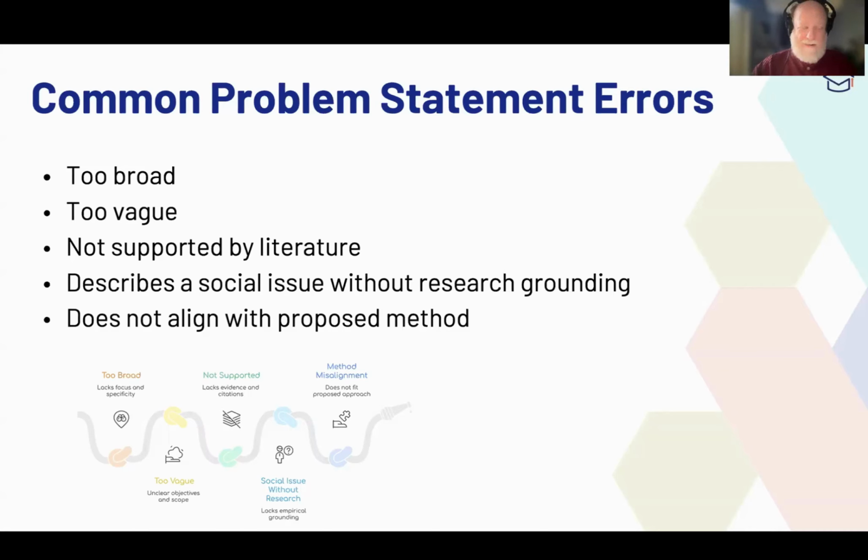Other issues that come up are that the problem isn't really aligned with the purpose, and then the problem isn't aligned with the questions, and then the problem isn't really aligned with your methodology. Does that methodology really even make sense, or is that method misaligned with the issue? So notice that the problem is the golden thread. It's going to be woven into every single thing from chapter 1 through the final chapters of the dissertation. It just follows you.